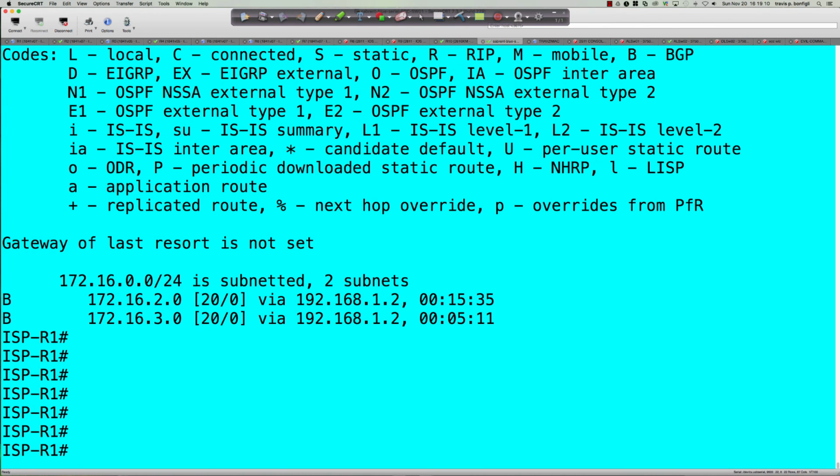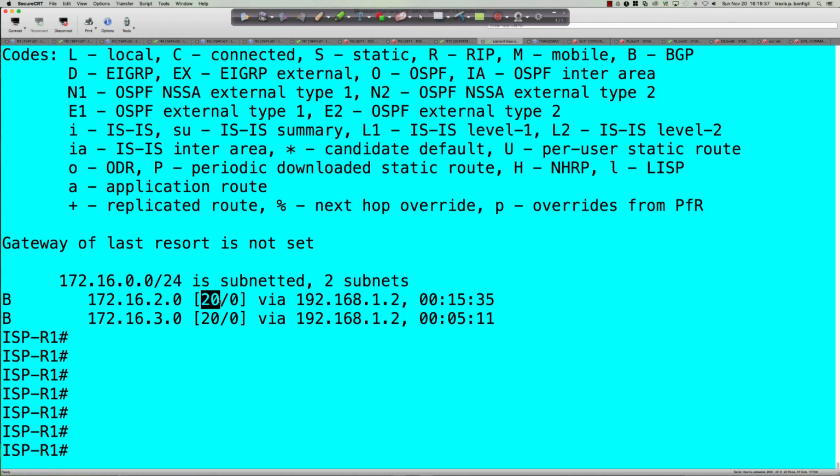I think there's a typo here. Yeah, there's a typo in this question on step 6, part A. It says, are the BGP routes learned via eBGP or eBGP? Well, that's kind of a redundant question. So we know that they're eBGP learned routes here, and it should say eBGP or iBGP, but it's eBGP